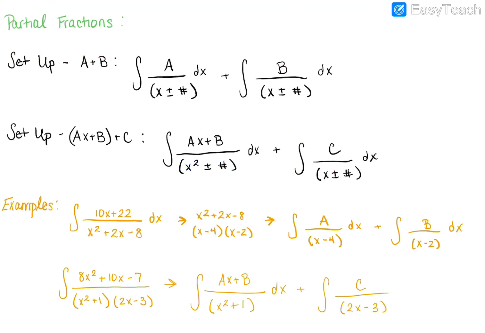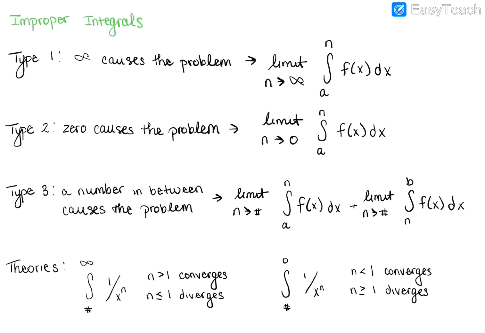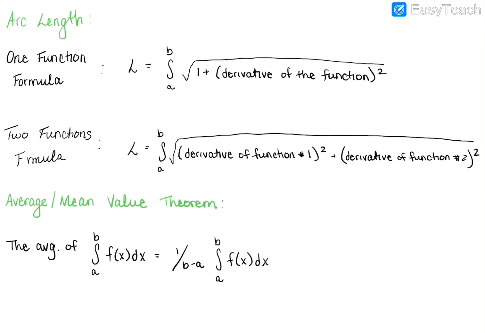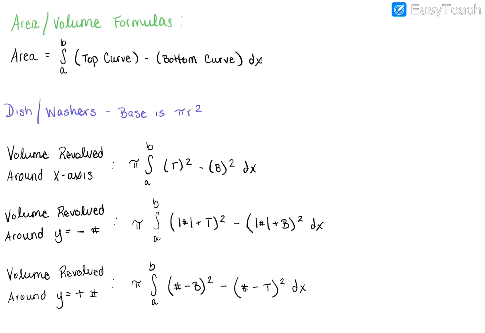The next page we have the two different setups for partial fractions. There are other variations of this, but these are the most common ones that you'll see. Next page we have improper integrals with 3 types that you'll see, and also some theories. On page 10 we have the arc length formulas as well as the average value or mean value theorem formula. Next page,